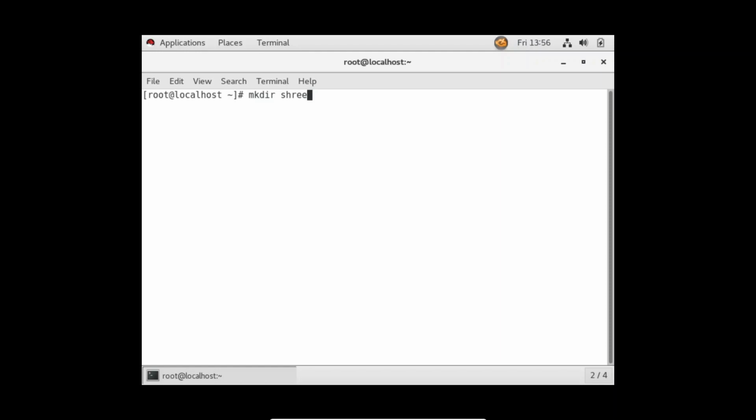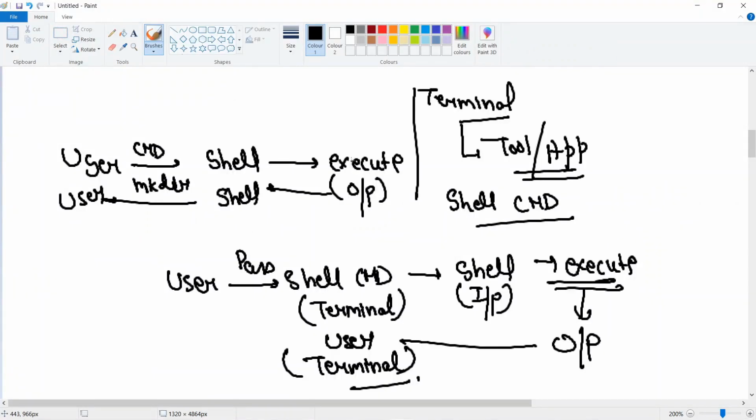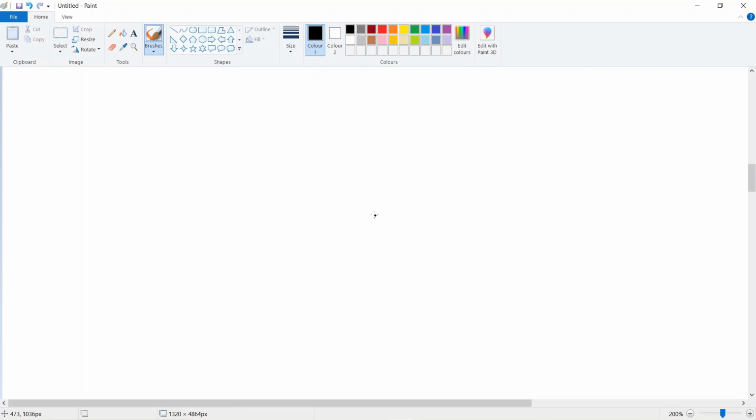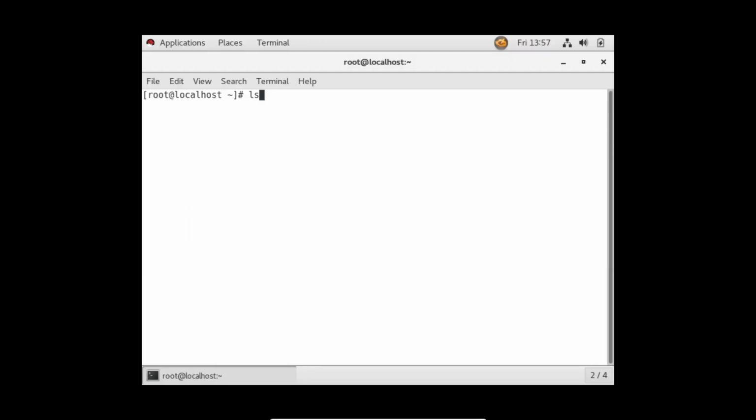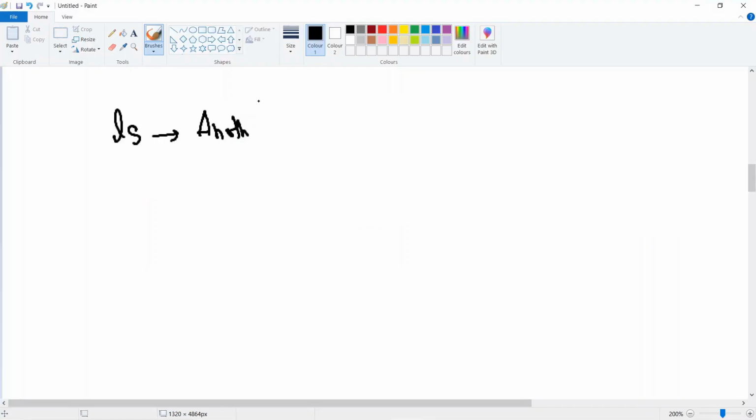Before that, let me show you this command, ls, let me explain a bit about this ls thing. ls is another command, but before that let me show you this thing. So we type pwd. Now what pwd will show to us is, just forget about ls for some time, I will explain it to you. pwd means present